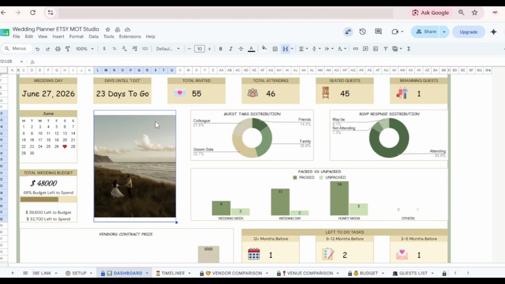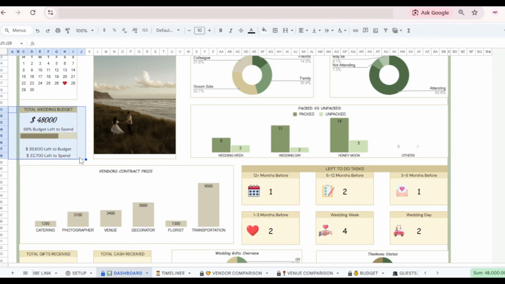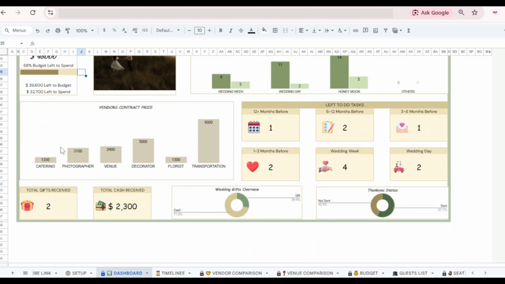You can add any favorite picture by using just the insert option. This section is about the wedding budget, which is $48,000, and 68% of that budget is left to spend. This is a progress bar, and here you can see that $32,700 are left to spend, while $39,600 are left to budget. Okay, while this chart shows the vendor contract price, which shows that most of your payment is going to transportation,